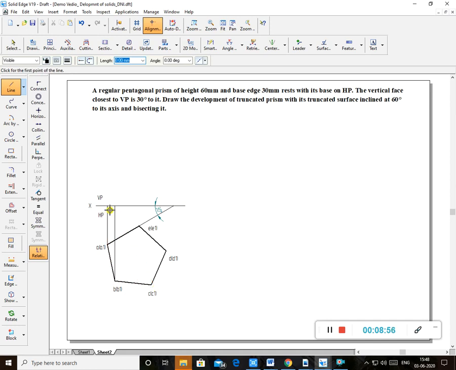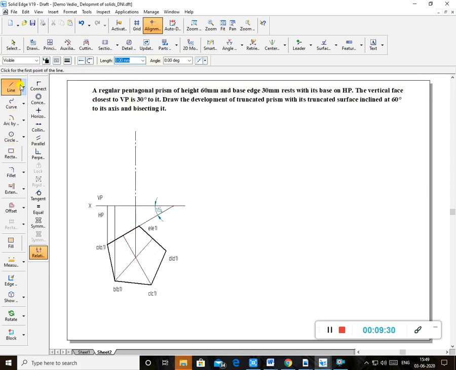Now what is the height of A1 here? It is the total height. What is the height of the axis? 60. So I will project the axis first. How to find the midpoint of the pentagon? I will draw one bisector from one corner to the opposite side. Take another corner and draw to the opposite side midpoint. You get this, the midpoint of the pentagon. Now from here you draw the axis line, the projector, and show the axis as a chain line. What is the height? 60.